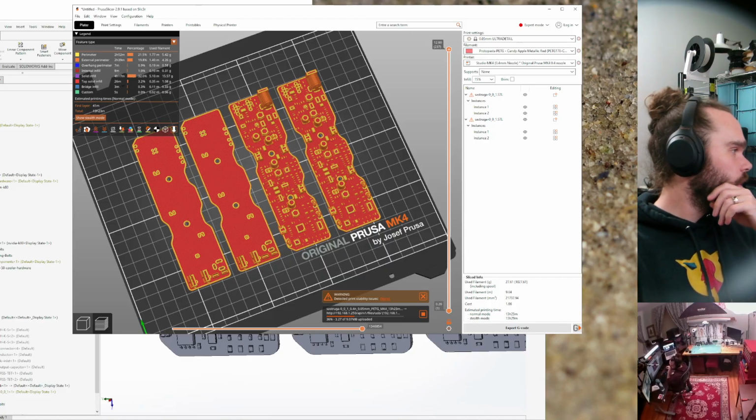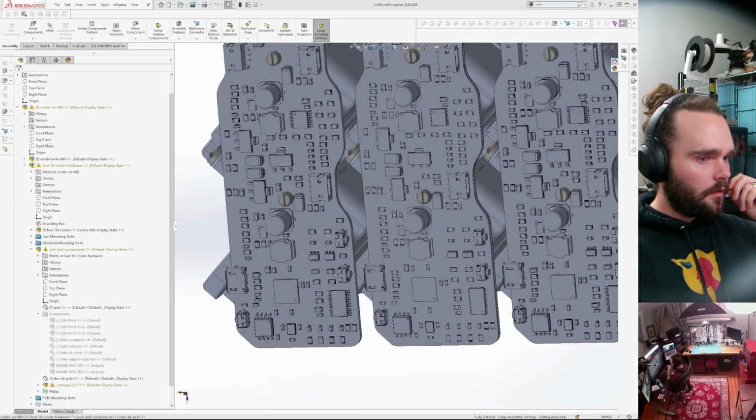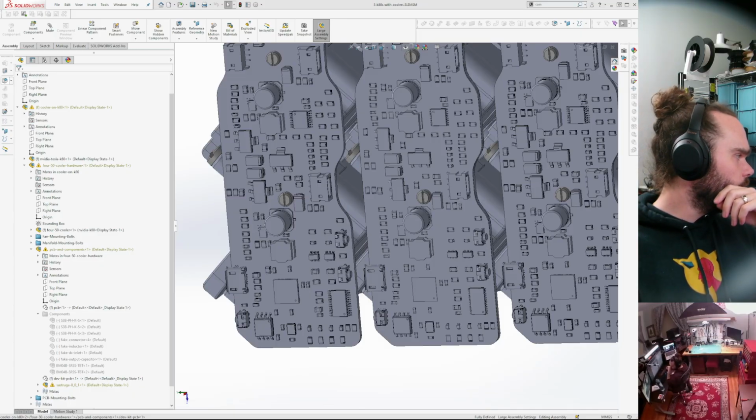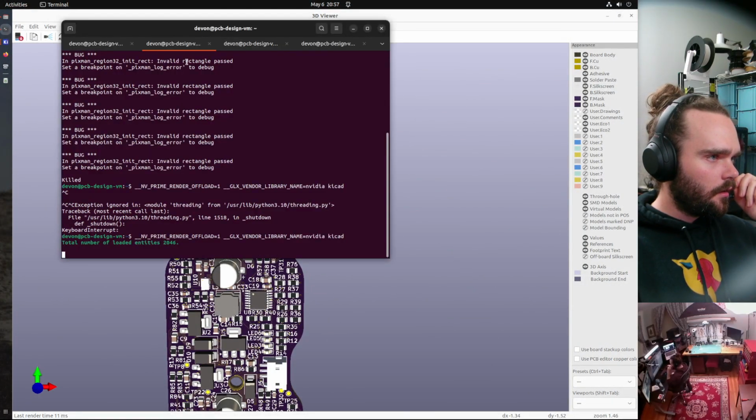Alright, well, instead of watching that progress bar, let's do a reset. Let's save our work in KiCad.